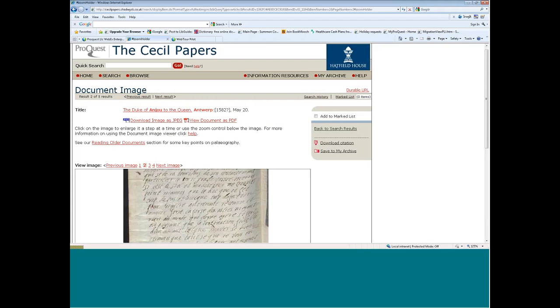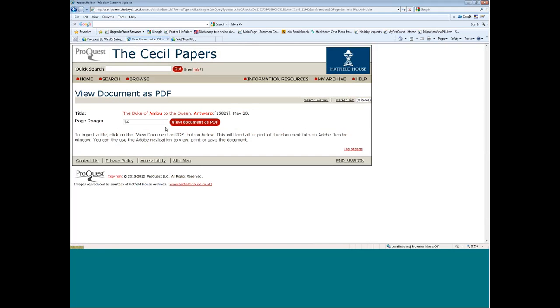While if I'm going to view the document as PDF, I will be able to choose if I want to download one or all pages or one specific page. View document as PDF will then open Adobe or from my computer, and then I will be able to save it on my hard disk if I wanted to. So going back,